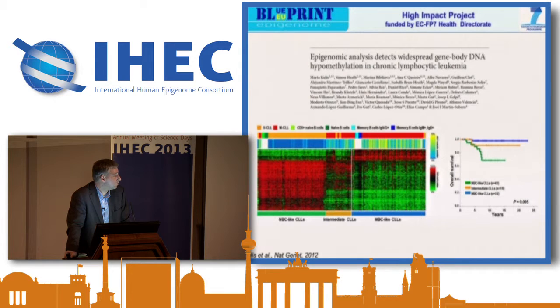The other example I would like to show is again from the Barcelona group, which last year published the data on CLL, and as part of the study they did 450K arrays and could show that they could classify based on methylation the CLLs into a naive B-cell-like CLL group, a memory B-cell-like CLL group, and an intermediate group. And this is the overall survival, and you can see that the memory B-cell-like group had a much more favorable prognosis than the naive B-cell-like group. So this was an initial evaluation study, and this prompted us in a joint effort